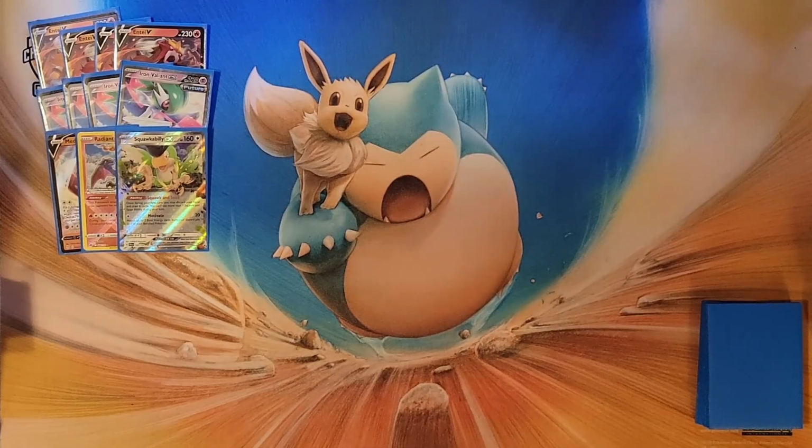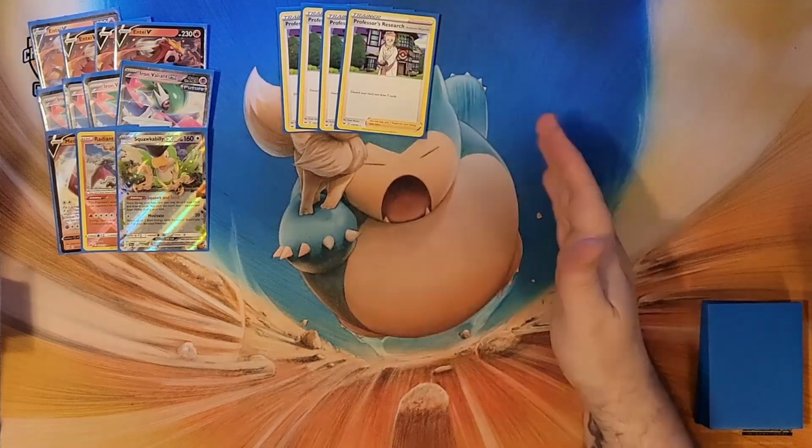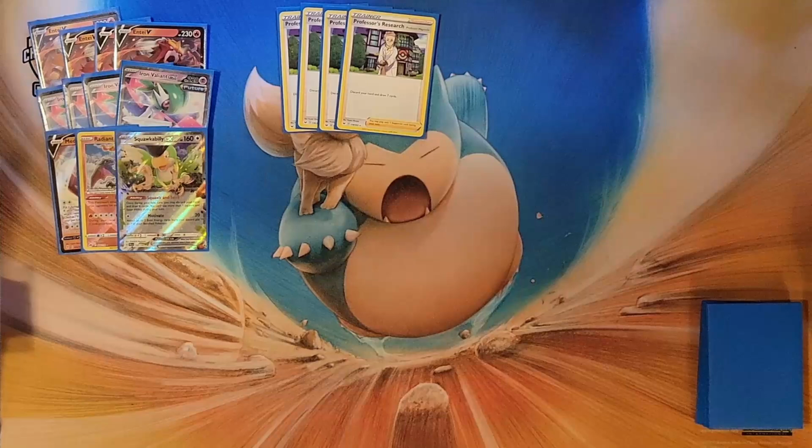Now we have supporters to help all of this, of course. We have 4 copies of Professor's Research, and this will again just help you draw through your deck, discard cards that you maybe don't need right now or that you need to get into the discard for reasons that we'll get to. Hint, Magma Basin. Then we play